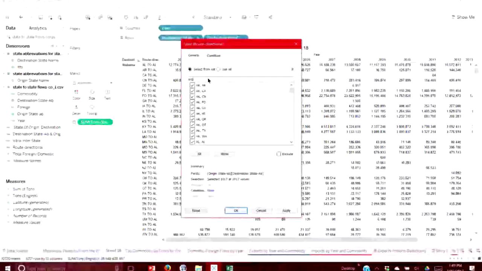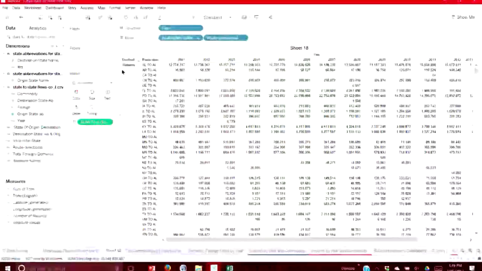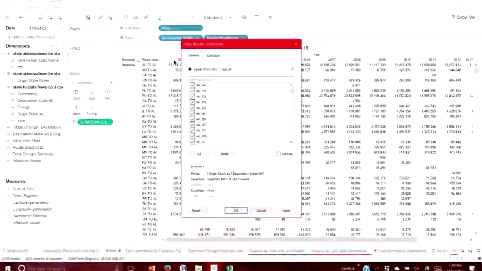And I only want to filter things that have Mississippi, so I just type in MS. So I'm actually going to do none. Route directional, I drop it in the filters. I want none.